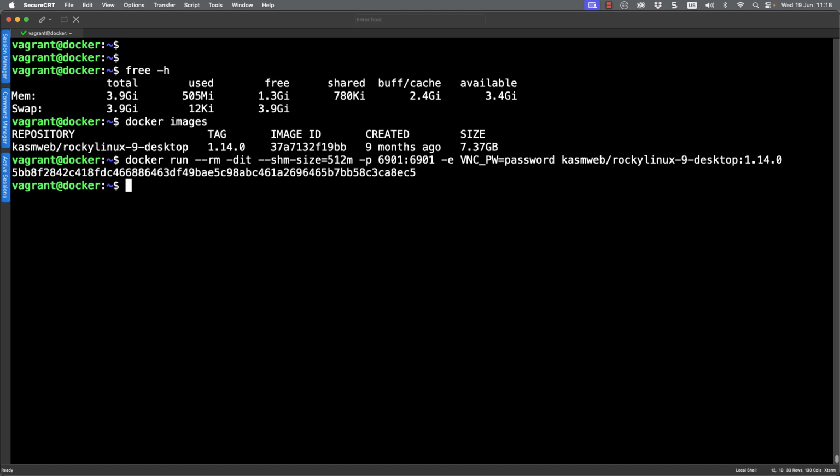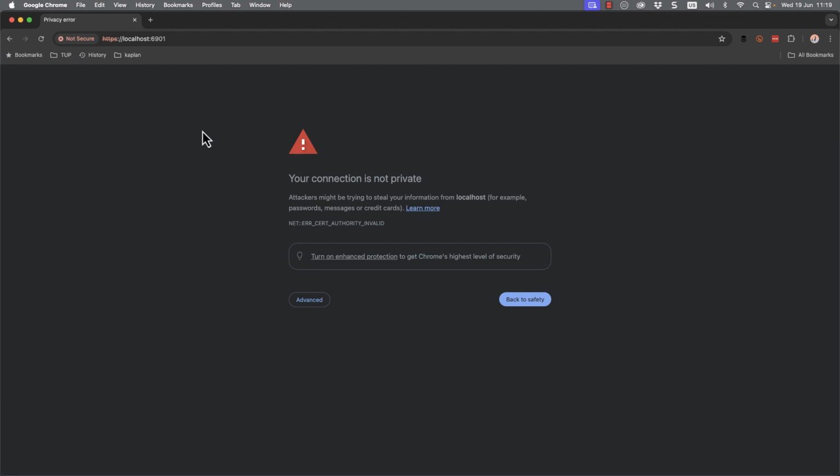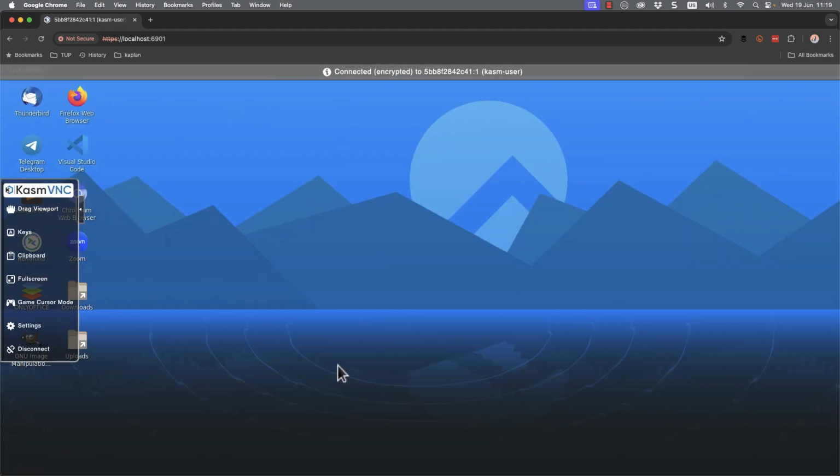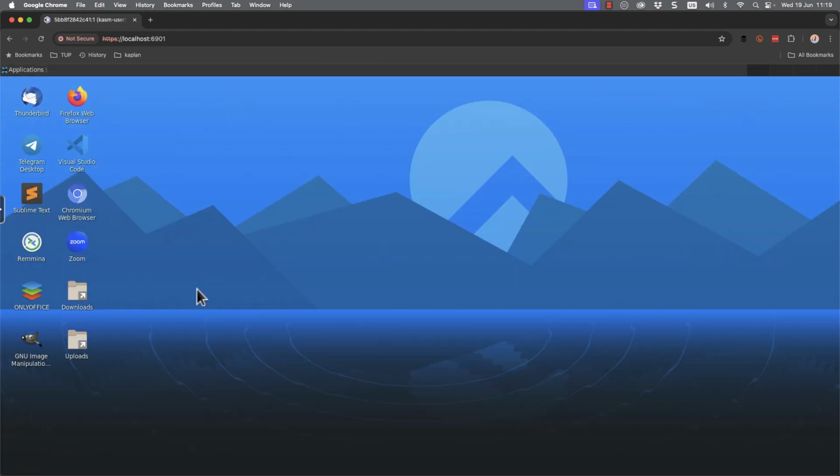So it's a pretty standard Docker command that we can fire up, and then we can move out through to our browser so we can see this working. I just need to point my browser through to port 6901, and the VNC that's been developed by the Kasm team doesn't need any special plugins. So I'm just running through to advanced. The certificate is not trusted, as you would expect within a container like this. And we can then go through and see that we've loaded the Rocky Linux desktop.